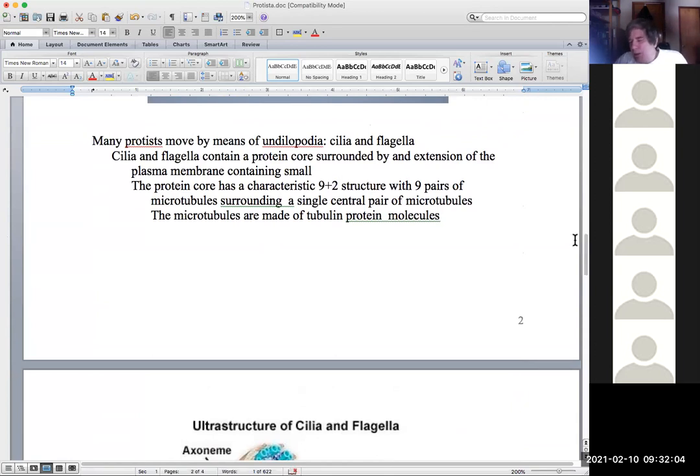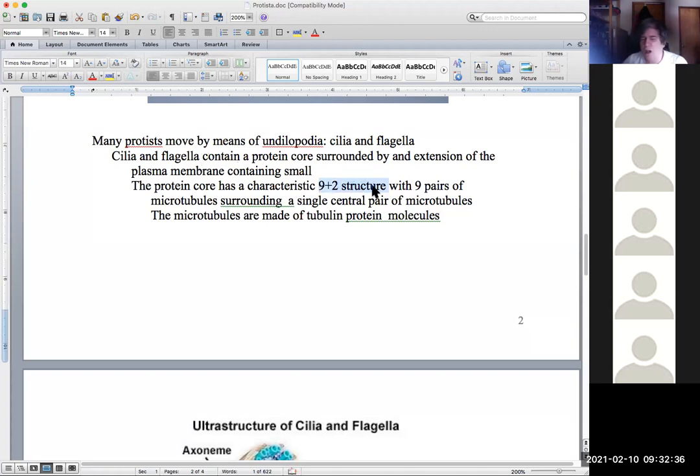You might remember that when we talked about prokaryotic cells, some of them anyway, have flagella. And it's made of a protein called flagellin. Now, if we look at cilia and flagella in eukaryotic cells, so if we would take, say, a human sperm cell and look at the flagellum, or if we would take that euglena that we just saw the video of a moment ago, or some of the cilia from that paramecium,